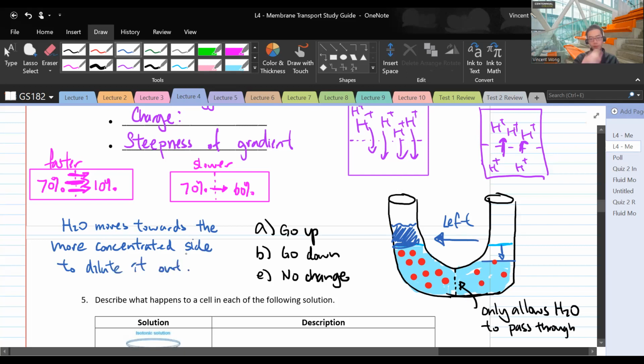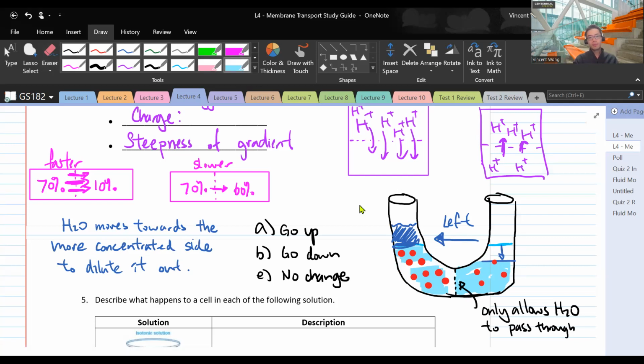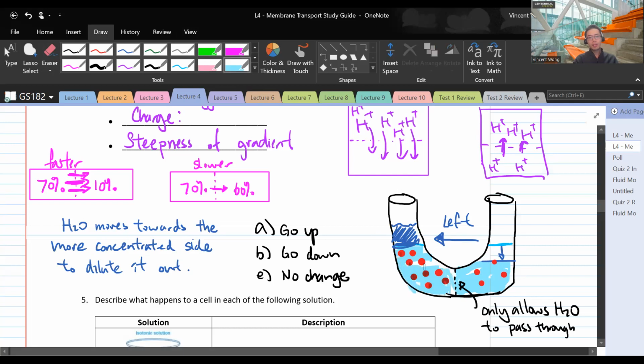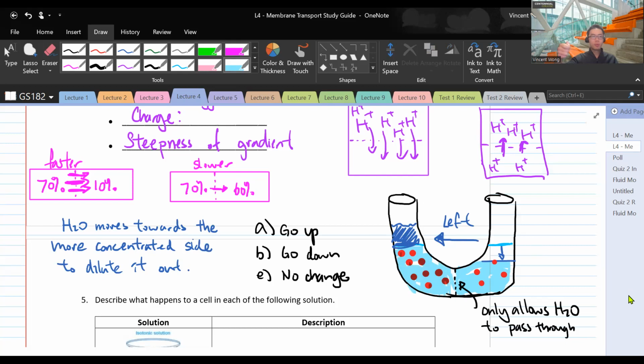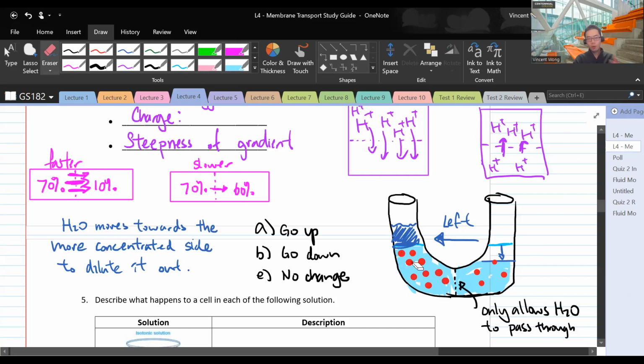Think about it. As the water moves to the left, you will dilute the left side and you will make the right side more concentrated, right? And the water will stop moving when the concentration on both sides is the same. Another way to think about this is, if you put a spoon of salt into your mouth, what's going to happen? It's going to suck the saliva out of your mouth, right? And that's exactly what this is doing. You have more salt, more red stuff on the left side. It's sucking the water towards itself, right? To try to balance out the